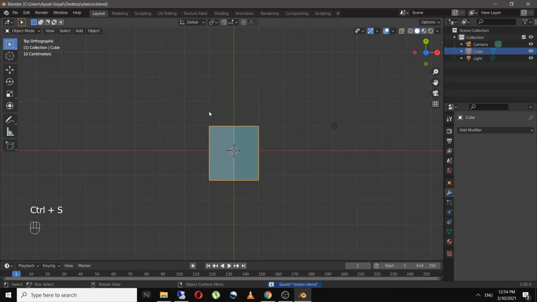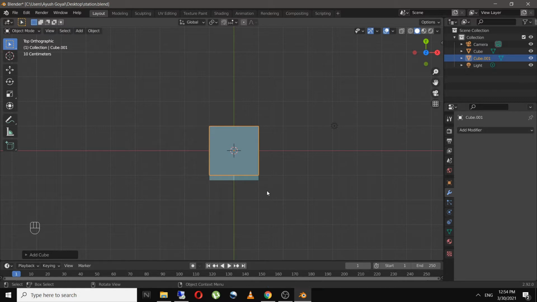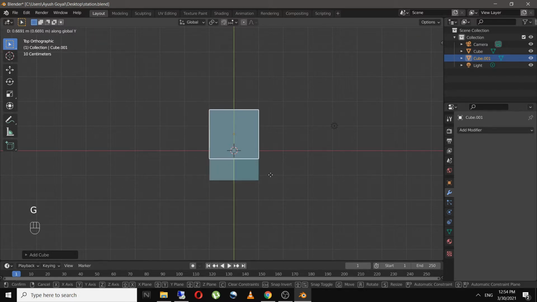And now I will add the main building of the station by adding in a cube and moving it over here.